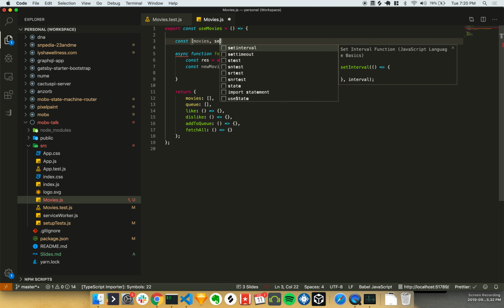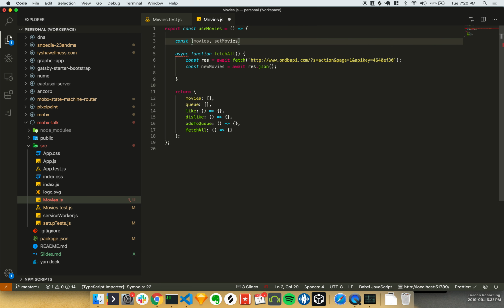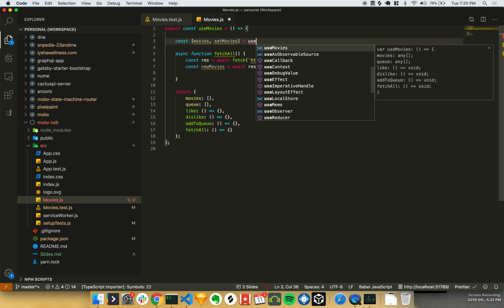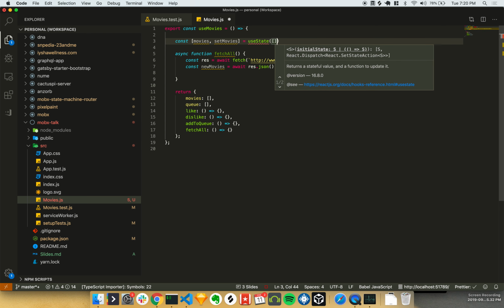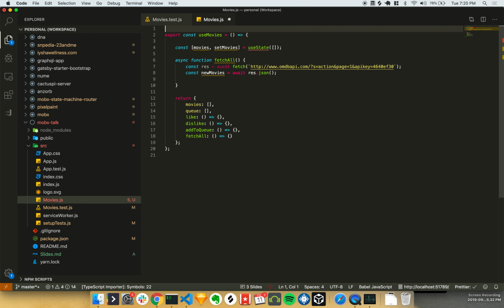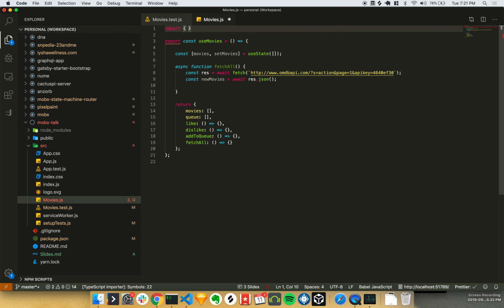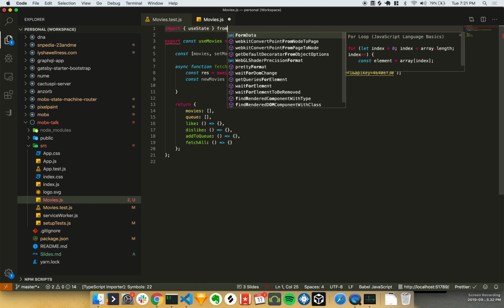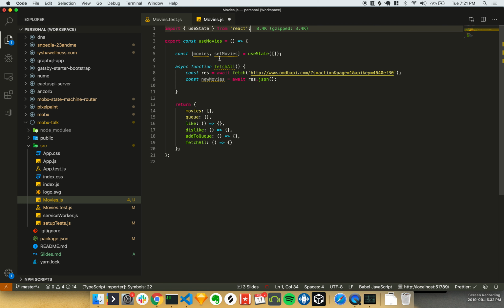So in this case, you're going to go movies, setMovies, and we're going to say useState with an empty array, and we're going to import useState. VS Code is trying to be too smart, from React. Okay,